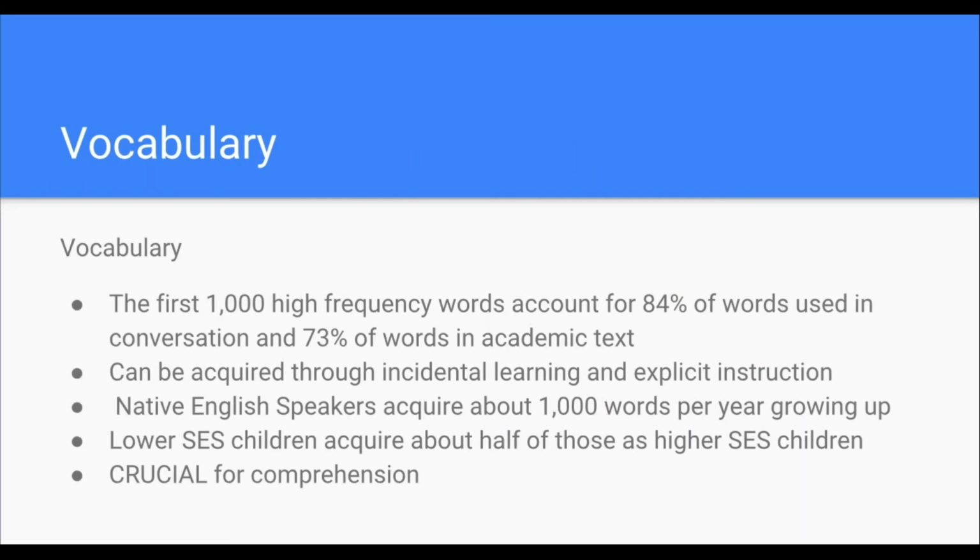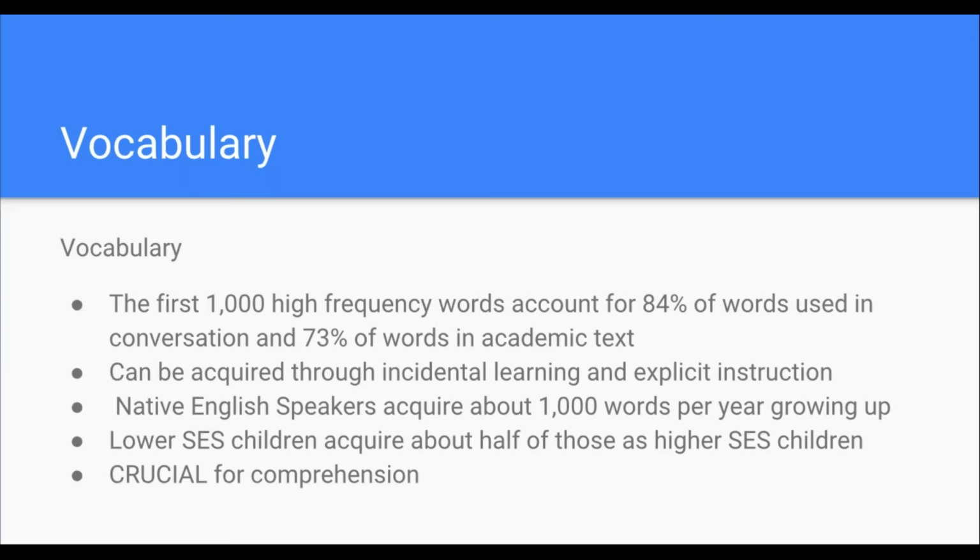And then let's talk about vocabulary. So this is some information as I was reading through my textbook again that I found very interesting. So I guess there's 2,000 words on a high frequency word list. And those can be Googled, but there's roughly the same words, especially the first 1,000 or so. But those are words that account for 84% of conversation and